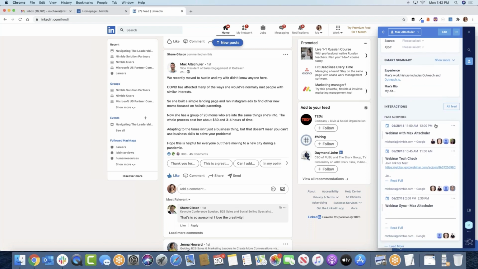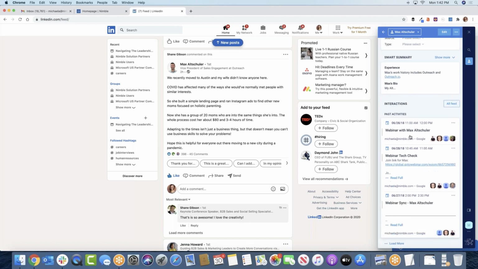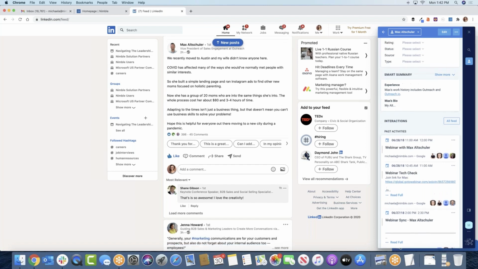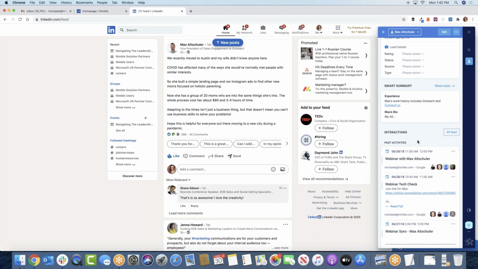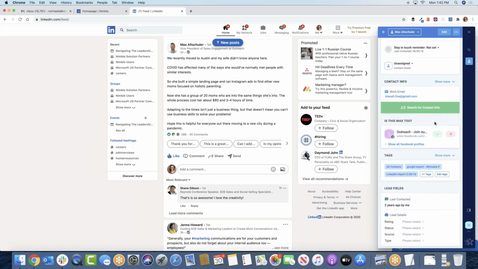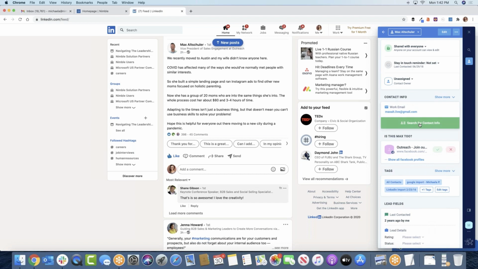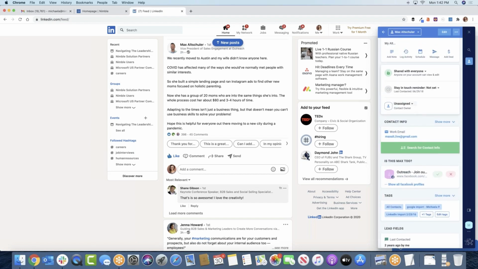So if somebody just responded to you and you're not really sure who they are, you can quickly review their bio, and then also see when was the last time you talked to them, what are the emails that you exchanged, are there any to-dos, is there a deal pending with the person, and then you can do everything straight from LinkedIn. We also have a contact discovery tool, so you can use it to find missing information for people. As long as you know the first name, last name, and the company the person works for, Nimble will find the email address for you.